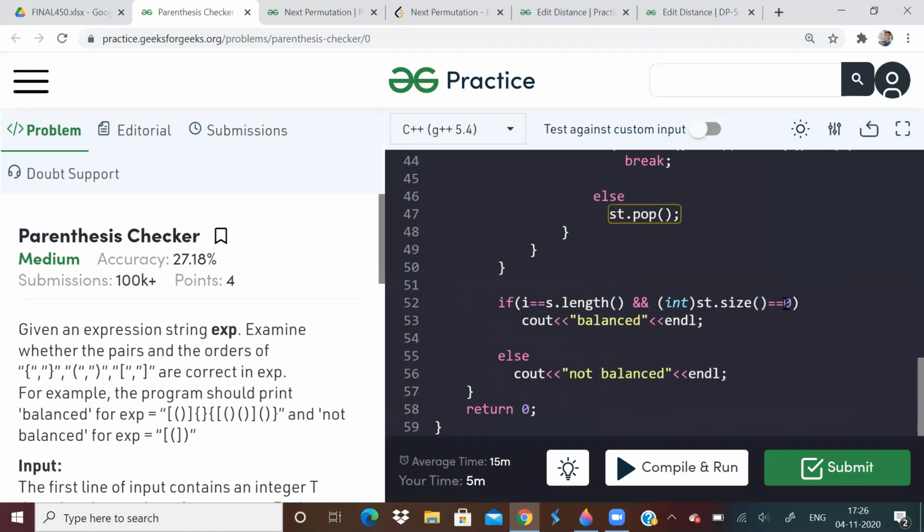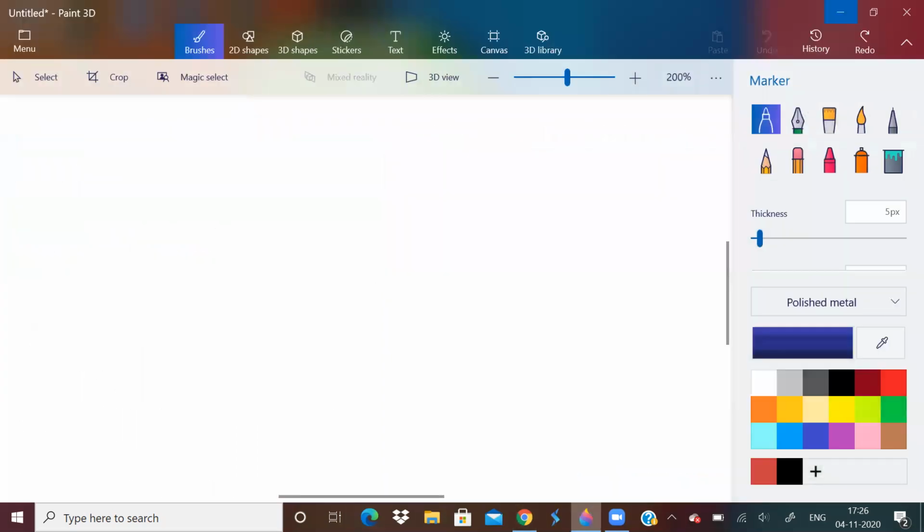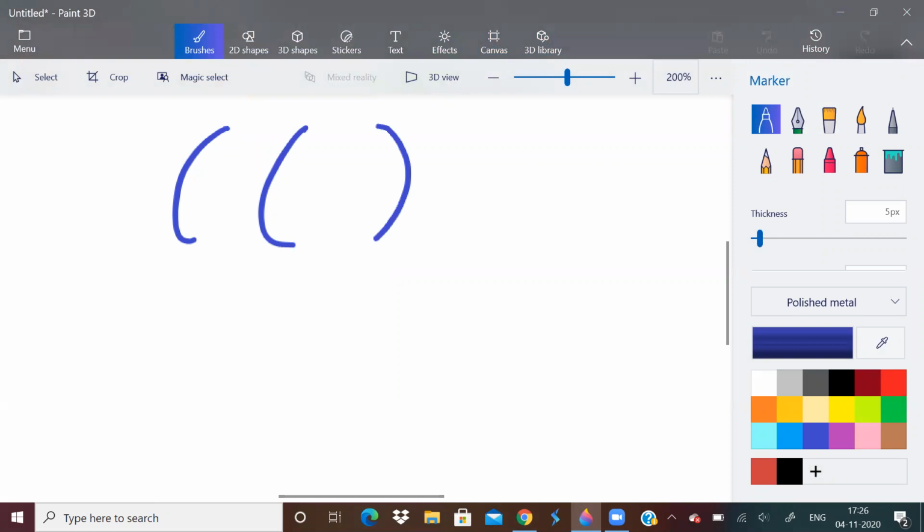Why should the size of the stack be 0? Let me tell you from this example. If the example is this, when we traverse the string, we get an opening bracket, so we push it in the stack. Then we get another opening bracket, and our stack will be this.